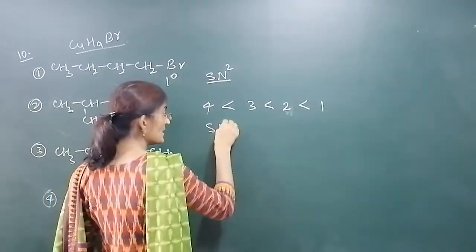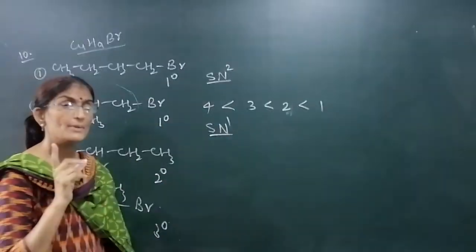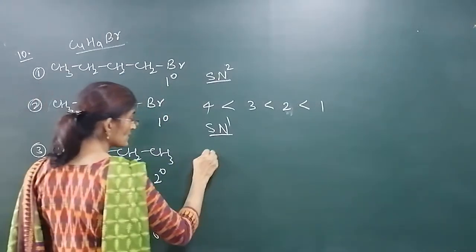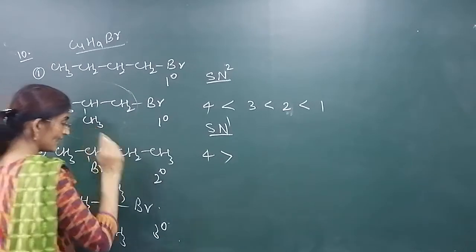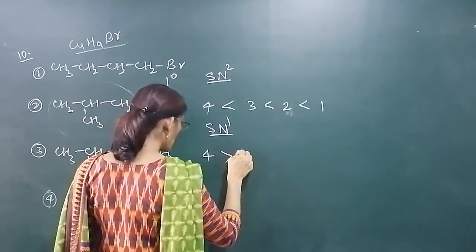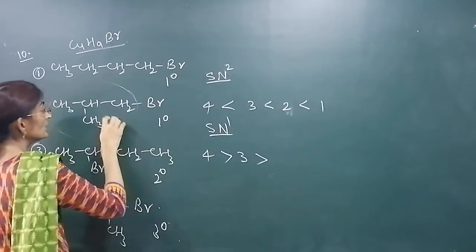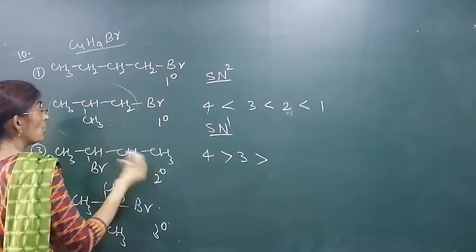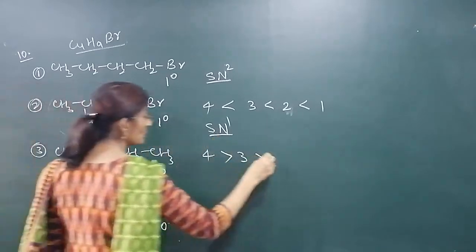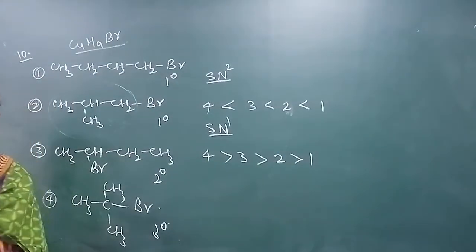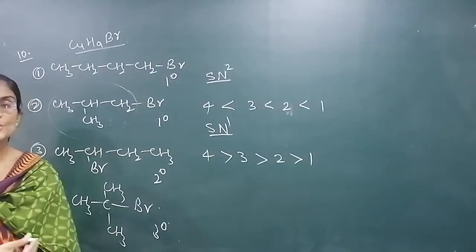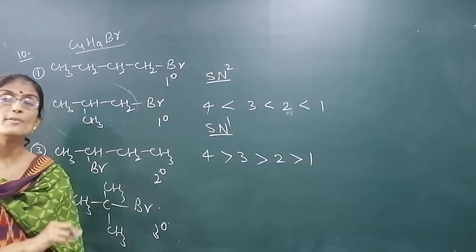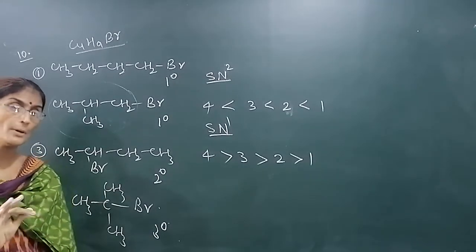And generally, for SN1 the order gets reversed. Not always, but generally it is so. So we have to see which carbocation is more stable. Tertiary carbocation is more stable, so this will undergo reaction faster. After that, the secondary carbocation. And then out of these two, this will undergo reaction faster because the isopropyl group has more inductive effect compared to normal propyl. So it will be 2, and then 1. So the order of reaction for SN1 is the reverse of SN2, but as I told you, the order is not always reversed. It doesn't always happen, sometimes it may.